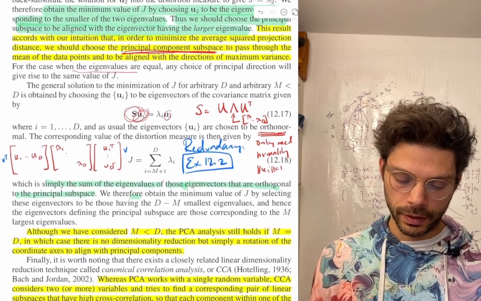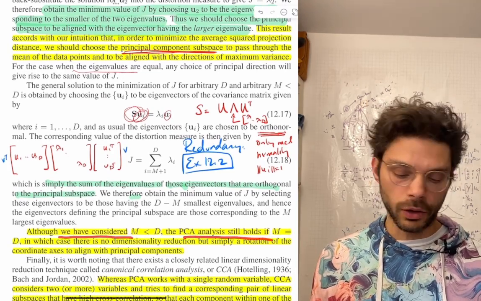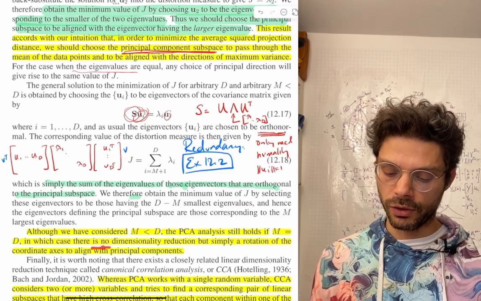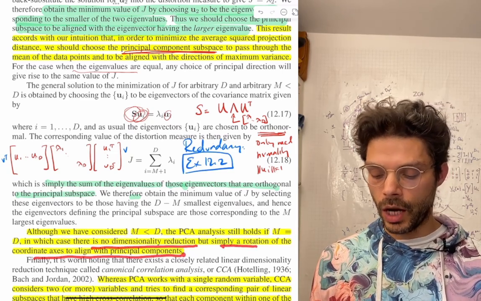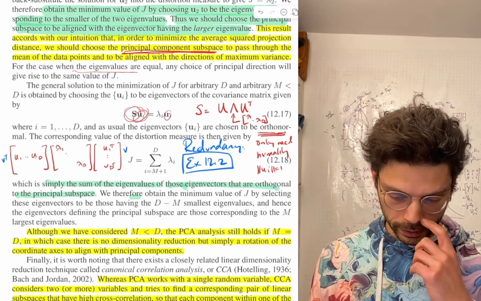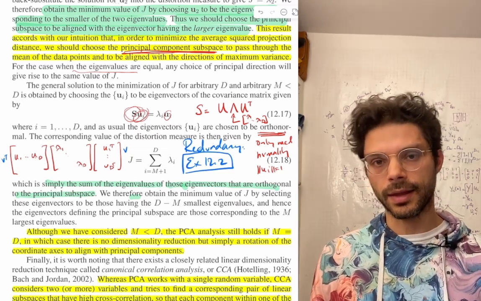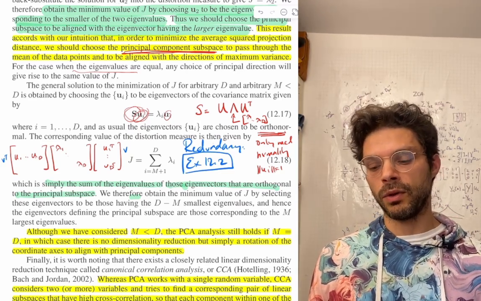Okay. Yeah, so now he says, although we have considered m as less than d, the PCA analysis still holds if m is equal to d, in which case there's no dimensionality reduction, but simply a rotation of the coordinate axes to align with the principal components. And why would you want to do that? Well, we'll see, I think in the next section, that what this will give you is uncorrelated